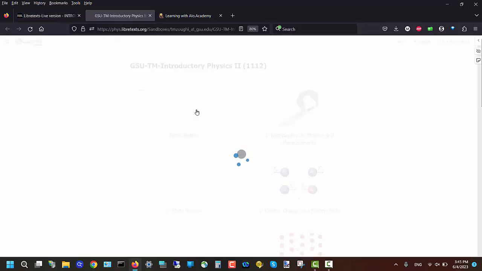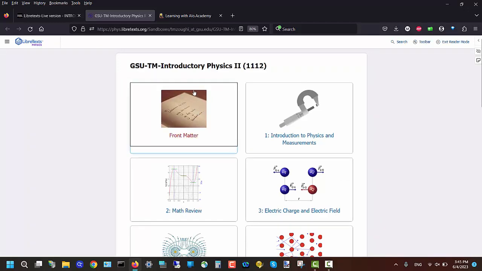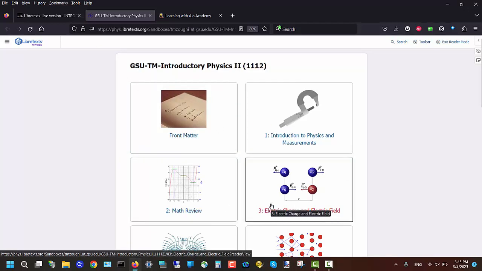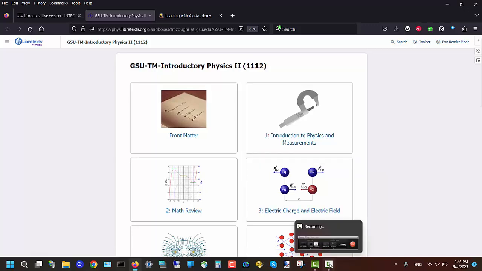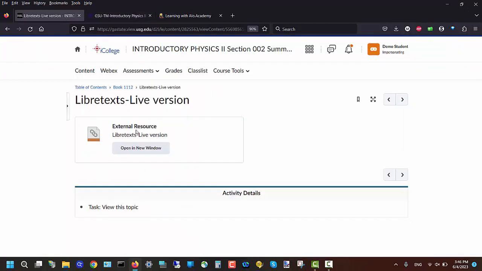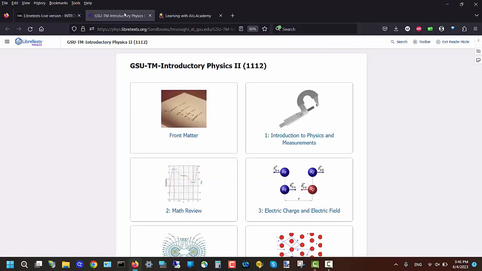But this version is going to be a live version that I'll be working on throughout the semester to tailor make it for us, for the course. Now, that's where you click on the course, and that's where you navigate it.